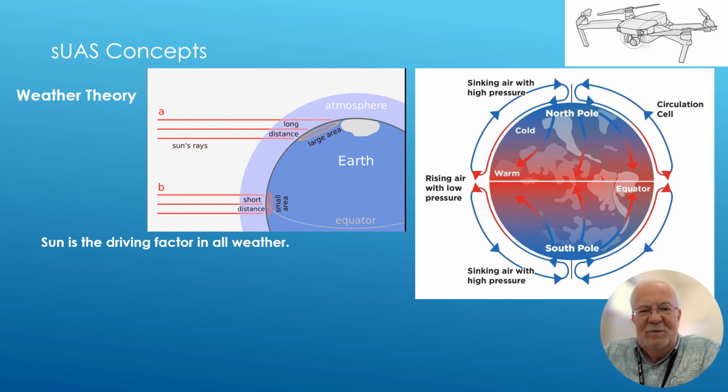Okay, Earth's curvature and geography, the sun heats the Earth unevenly, creates this heat imbalance, which creates these large air cell circulation patterns in the atmosphere, which we commonly refer to as wind, basically. And wind is a good thing. Warm air rises faster than colder air or cooler air. It's all relative.